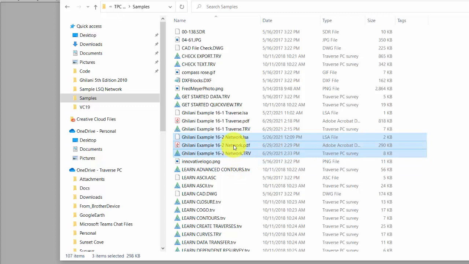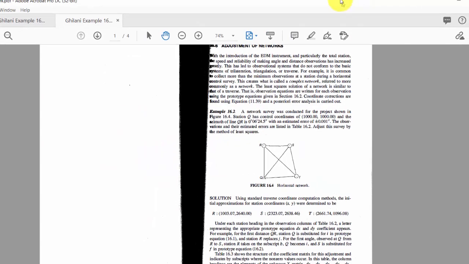I'm going to go ahead and open up this PDF file for it and bring that over so you can just see what the example is. We've copied a couple of pages out of Ghilani's book, and this one is a minimally constrained network. So we're going to start with a fixed position at Q. We're going to use pretty much a fixed azimuth from Q to R,